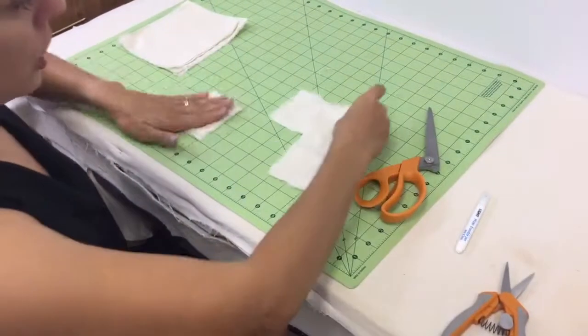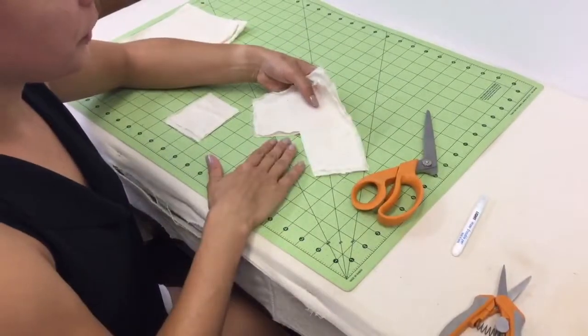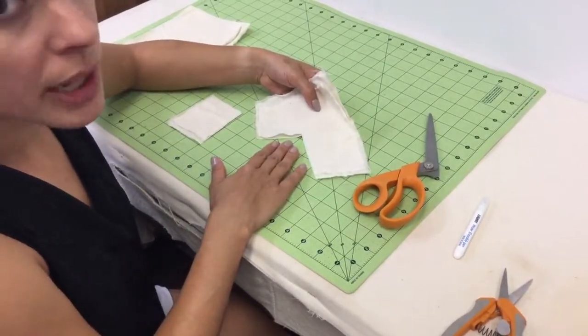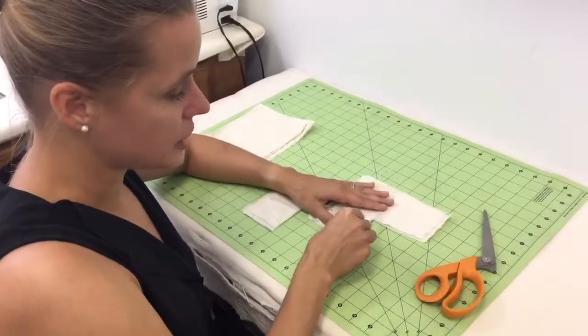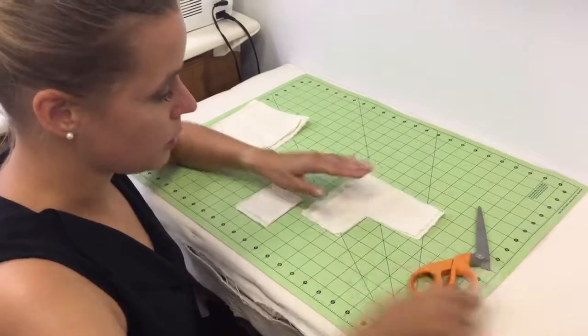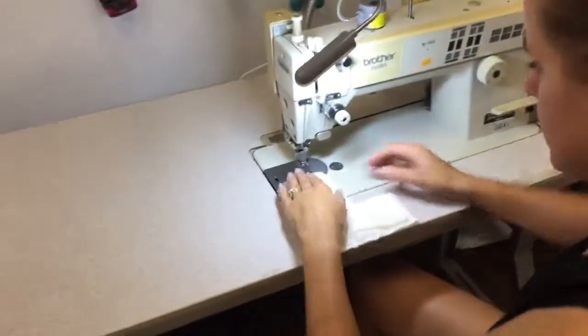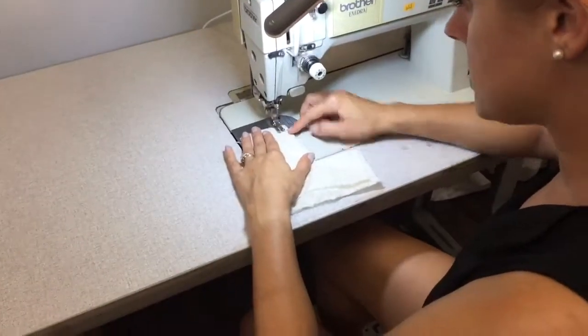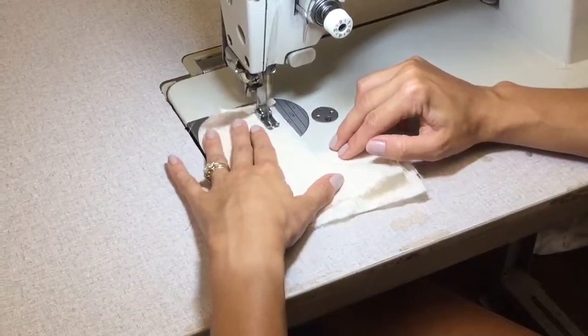Okay. So we're going to take this section now. Something like this would be useful for maybe a pocket, specifically a welt pocket. Now, again with the 1/2 inch seam allowance, we are going to sew our new opening. 1/2 inch double or back stitch in the beginning, and we're just going to sew totally straight